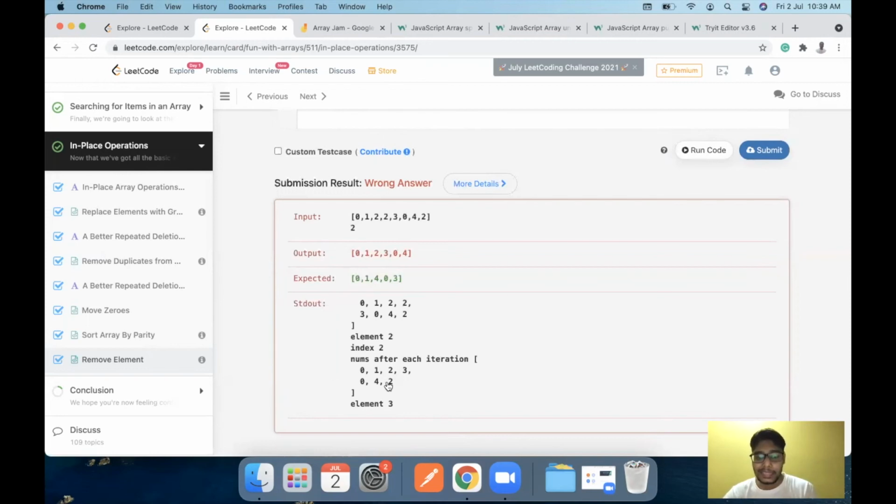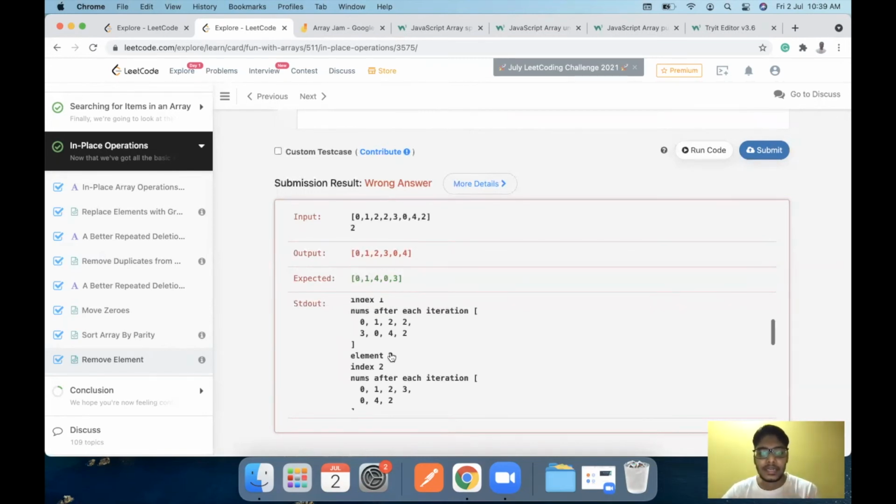Now this 2, which was the second 2 at, let's say, the third index, got shifted to index 2 after this splice operation, because we removed this 2 element and shifted all the elements towards the left. Now with this left shift, the 2 which needs to be removed is at index 2, but the iteration for index 2 is already finished.